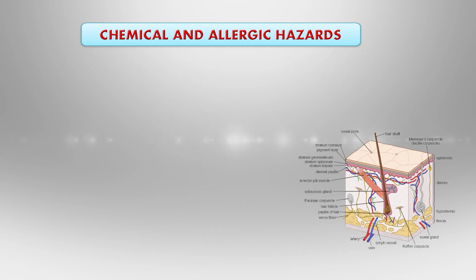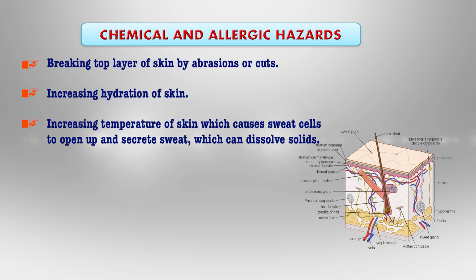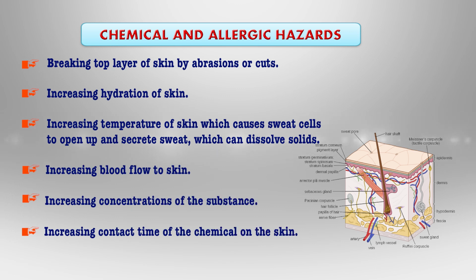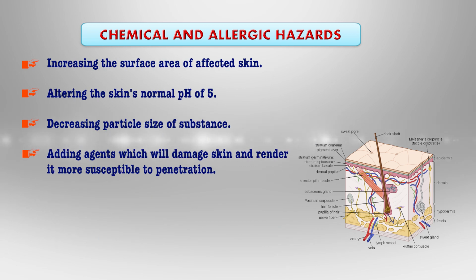Next, absorption is enhanced by breaking the top layer of the skin by abrasion or cuts, and by increasing hydration and temperature of the skin, which causes the sweat cells to open up and secrete sweat. So it can dissolve solids or chemical toxicants, and it increases the blood flow to the skin. Absorption also increases with increased concentration of the substance, increased contact time of the chemical on the skin, increased surface area of the affected skin, altering the skin's normal pH, decreasing particle size of substances, and adding agents that damage the skin